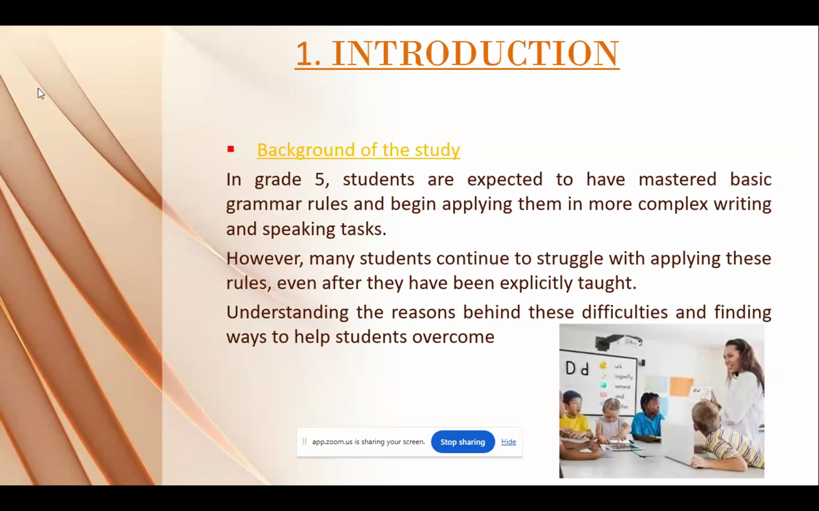Next, the significance of the study. This study is significant because it focuses on a key area of language learning, grammar application. By identifying the specific challenges that grade 5 students face when using grammar rules in context, the research